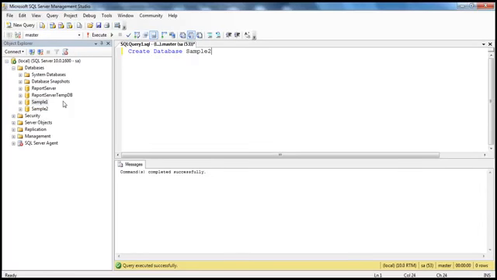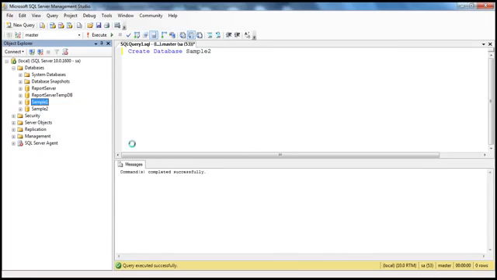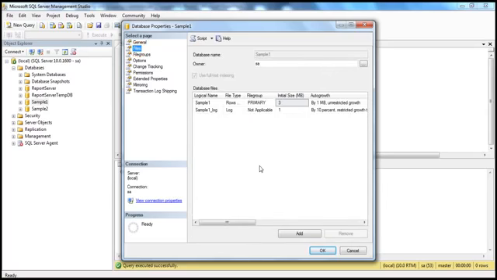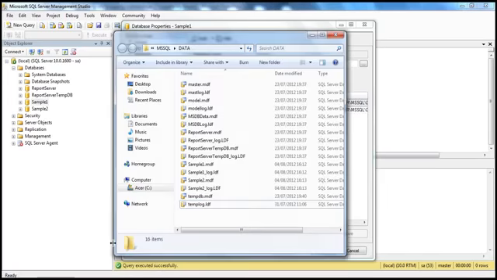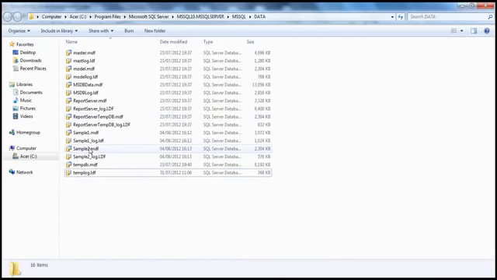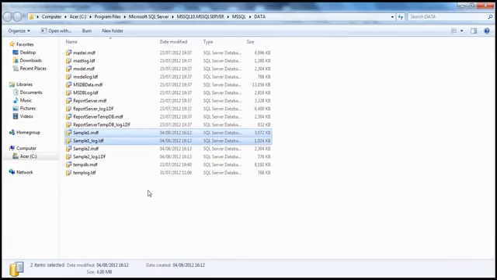Now for every database that we have, whether it is a system database or a user-defined database, there are two files that get generated. Now let's right click on one of the user-defined databases, go into properties, and in the files tab you will have a path. Okay, so there is a path here. Let me copy that path, paste that in the run window and press enter. Now if you look at this, you see there is sample1.mdf and sample1_log.ldf. So these are the two files that are related to the database that we have just created, sample1 and